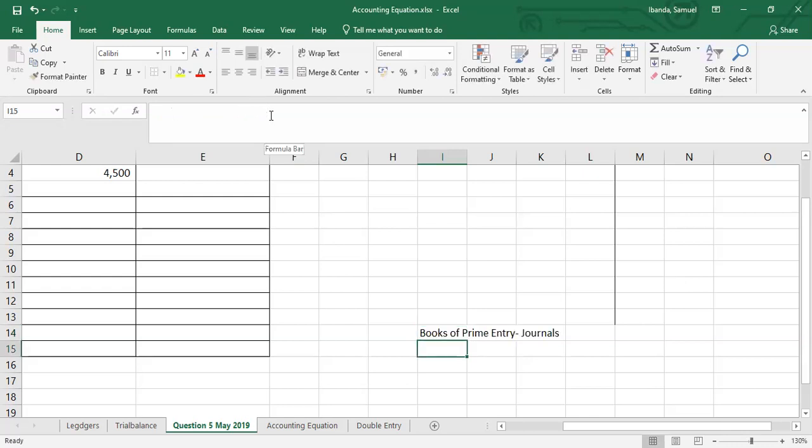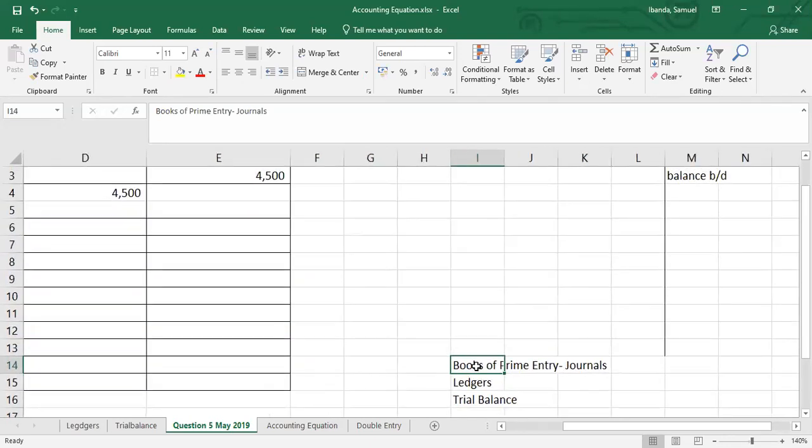Then you move to the ledgers. Then you move to the trial balance and so on. So this error means it was actually done at this point in time when we are transferring transactions from the books of prime entry to here. You get it? Now, when somebody speaks of a sales journal,